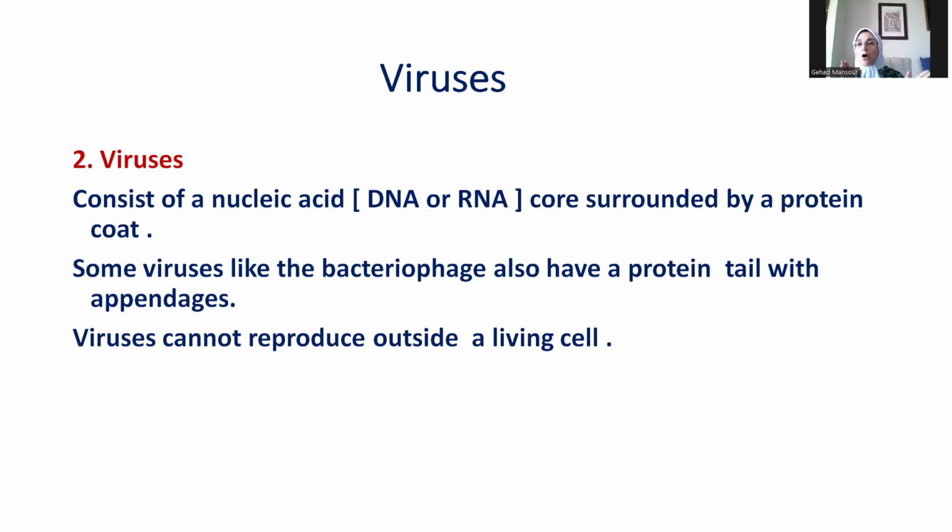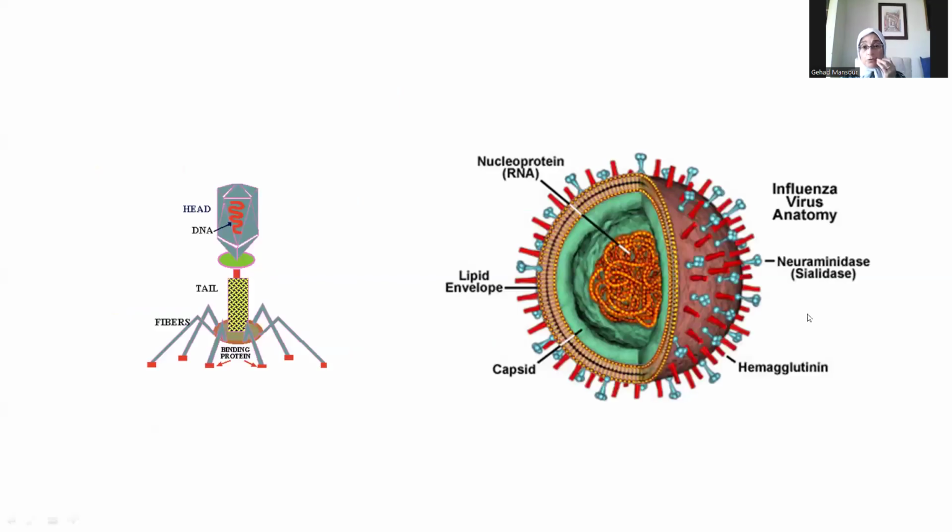This is common to all viruses, but in addition to this, you can here see the central nucleic acid part, and it is attached to proteins. That's why we call it a nucleoprotein. And you can also see the green capsid or coat that is made of a protein. This is the influenza virus anatomy, but as you can see, in addition to the central nucleoprotein core that's made of RNA and the protein coat or capsid, we have a lipid envelope.